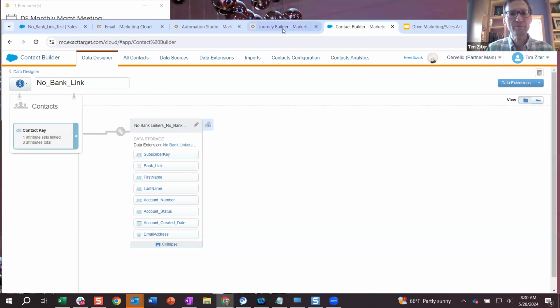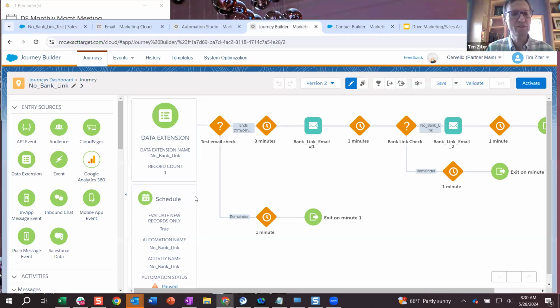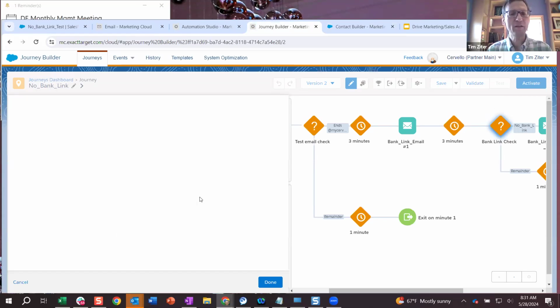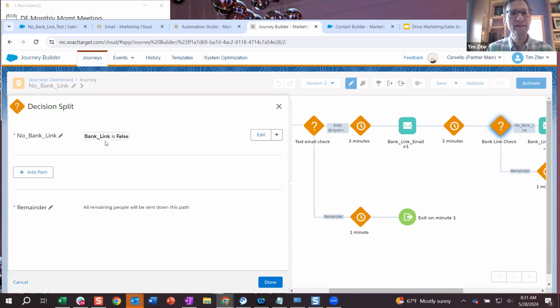So back in Journey Builder, all you need to do is use that to check if we find Michelle in that data extension using that custom attribute, then we know that her bank link is still false. If she's not in that data extension, then she's going to get kicked out and moved on maybe to